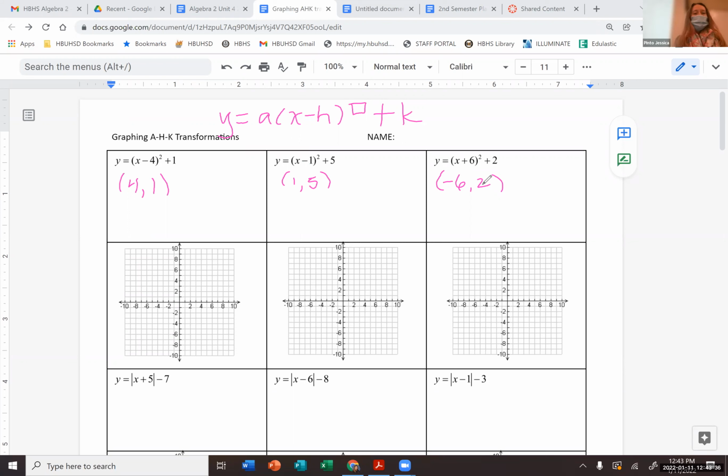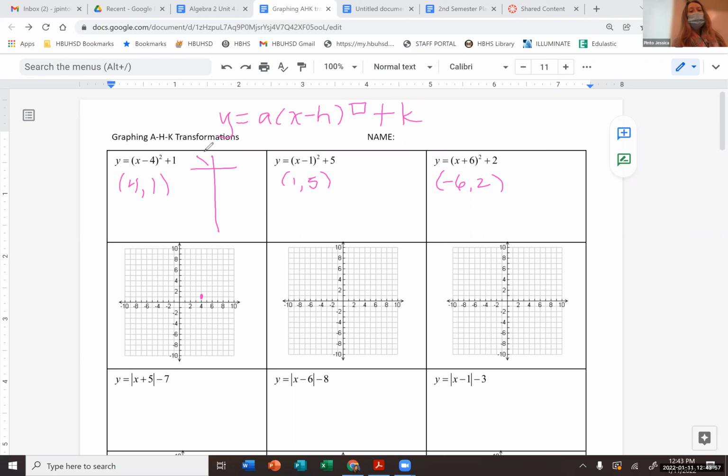That's great. What I'm going to do now is plot my HK for the first function at 4 for x, 1 for y. It's a little bit challenging for me right here. That's good. I am also going to generate my parent function. So in case we forgot, since the operation is squaring,